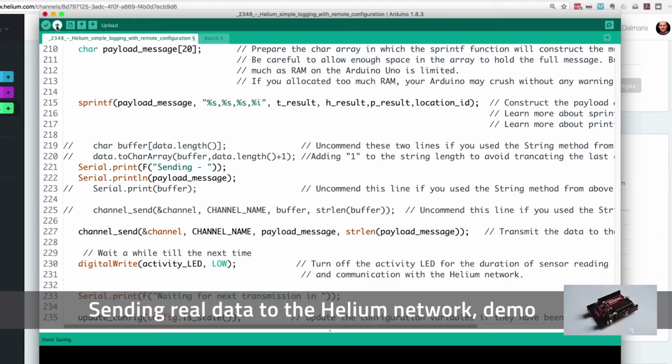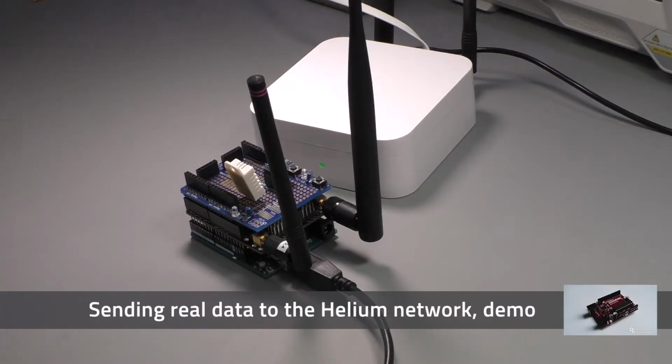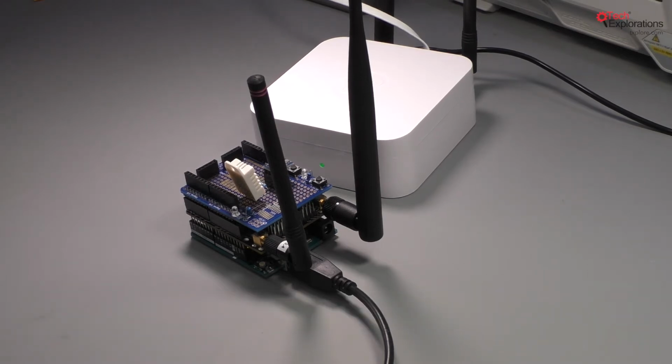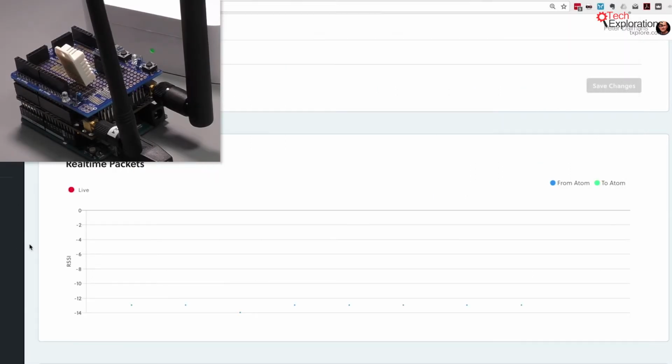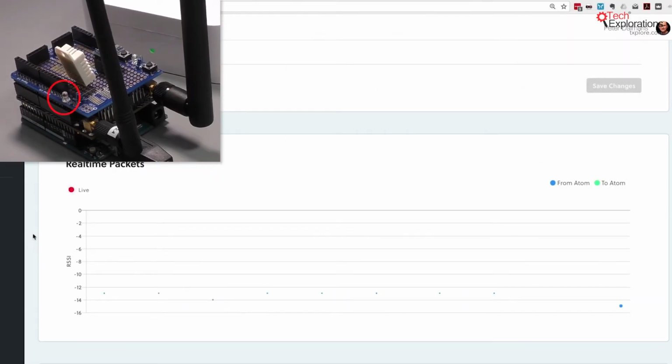Right, so let's upload this sketch and see the actual data from the sensors coming in. Okay, done uploading. Let's have a look at our Helium test channel, and there's the first data point. You can see the little dot is bigger than the dots that we saw earlier. We've got 19 bytes coming in,